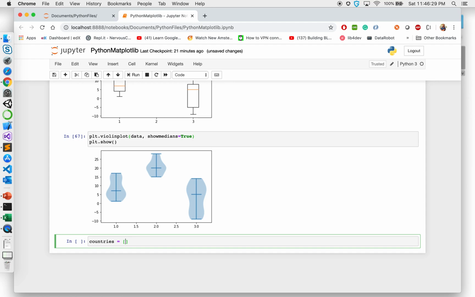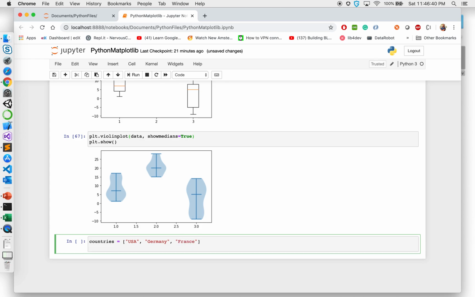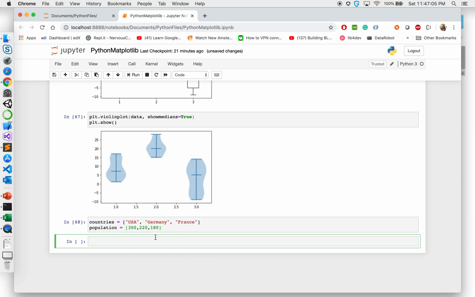So I'm going to create different countries. I'm going to say USA, Germany, and let's say France, and I have another list, let's say population of these countries. I'm going to just roughly say in millions, 300 million. I have no idea, so I'm going to say 220 million, and France is 180 million. I can just make sure I don't have to put them in strings. Okay, so these are my countries and their population, and I can say plot dot pie